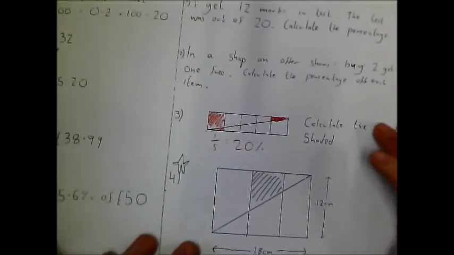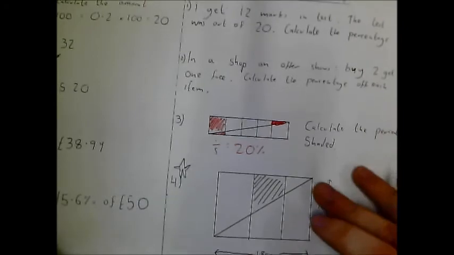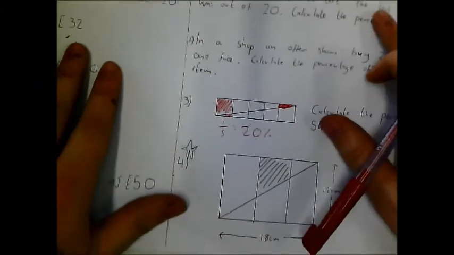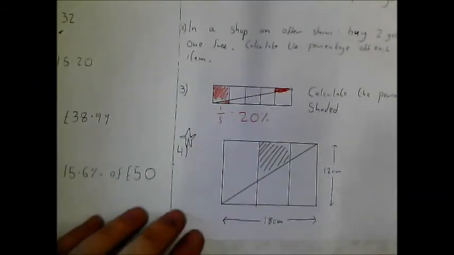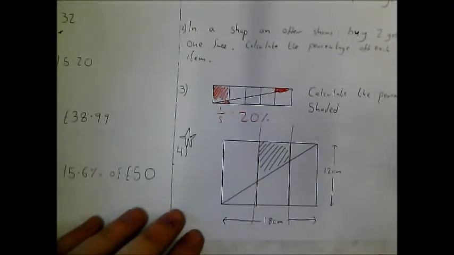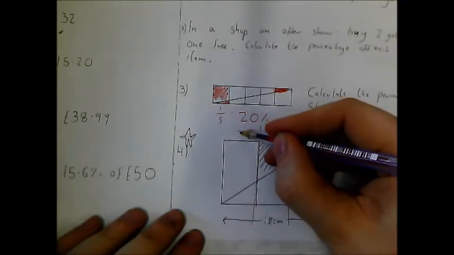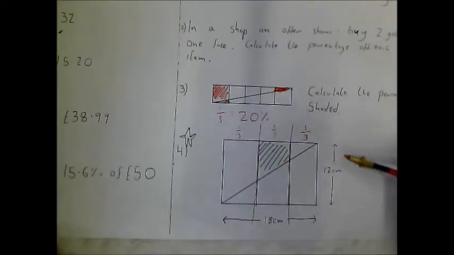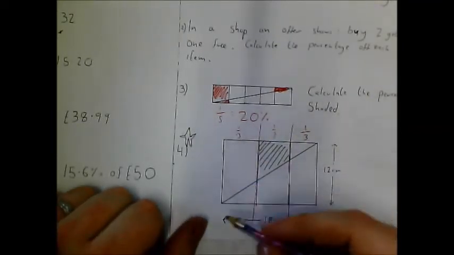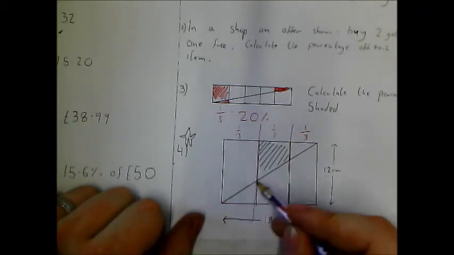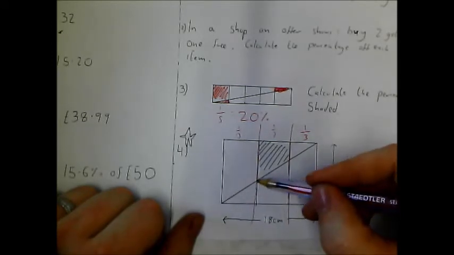Okay, and now finally, the 4th question. There's a number of ways you could do this. This is definitely an extension question, so do not worry if you're having trouble with this question. Okay, so firstly, let's deal with this piece here that I've highlighted. As you can see, each piece is a third, like so. So if I look at my third, this diagonal line is going from one corner to the other. So in other words, this point here